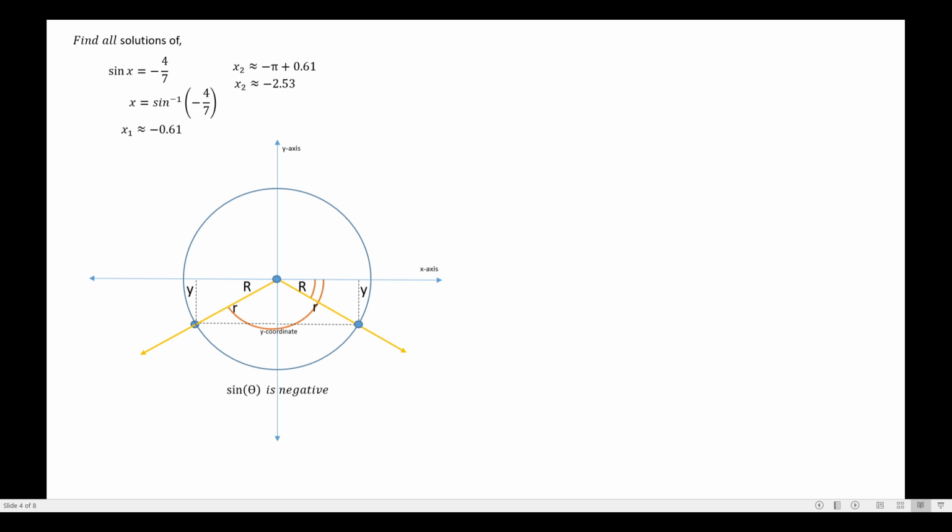But then again, guys, since there's no restriction, we will consider all coterminal angles of x sub 1 and x sub 2. Some conditions will apply, which usually happens in our course. So we will be giving you some intervals only. So we have to find all solutions at the closed interval from 0 to pi over 2. That means from 0 to positive angle pi over 2, so there's no solution here, because there's no terminal side in the first quadrant. So no solution, or none.